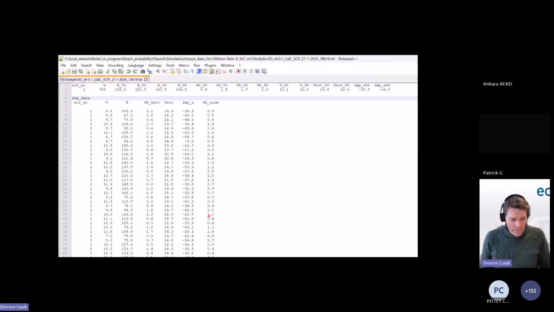So if you have such a net, you create, or Rockyfor creates, a calculation screen text file with the date and the time your simulation was finished. If you do this several times with the same blocks, you will have it all stored. And there you see all the information per net. So if you have very long nets, you have no idea where this is. So if you're really interested statistically how this varies,